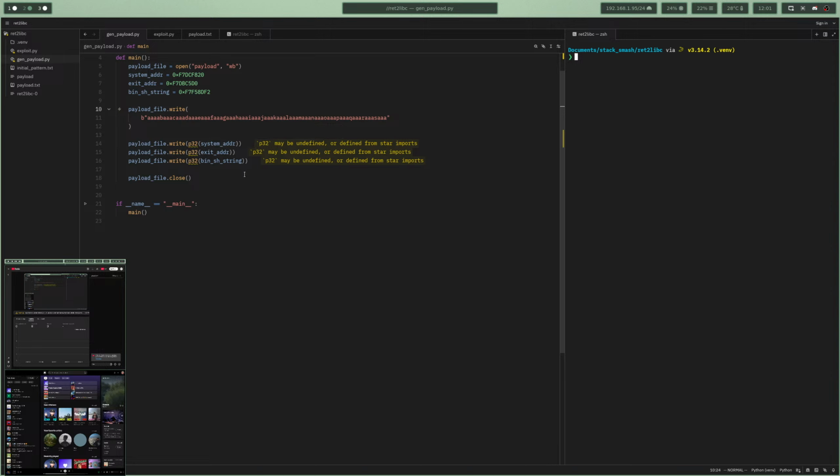exploit that as well. So as you can see from the script here, we have the system call, the address of the system call, the address of the exit function, which allows us to stop the program gracefully or exit gracefully. And then we had to locate the string that we need to pass into the system call that's also linked into the libc library by default. So